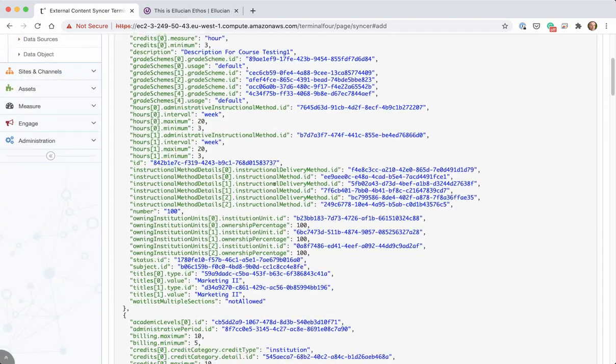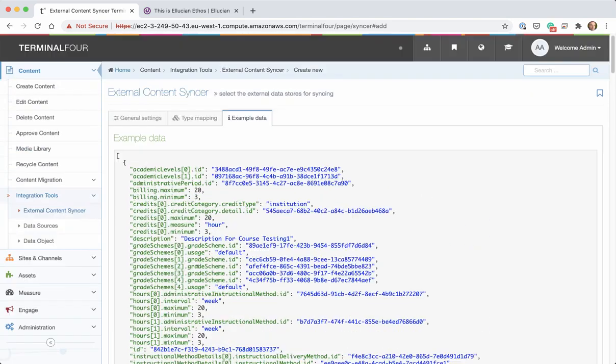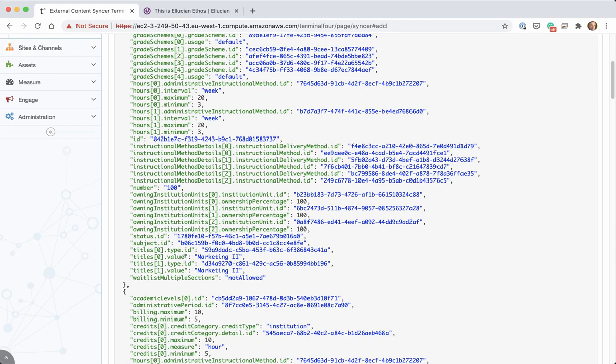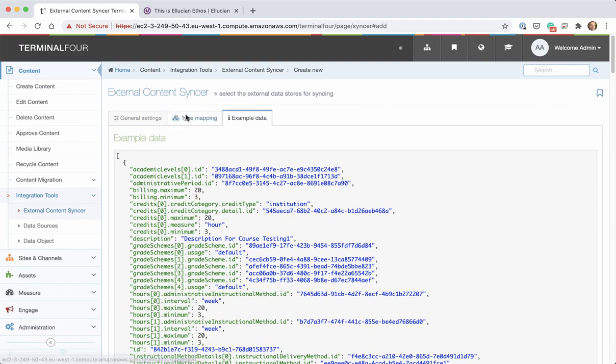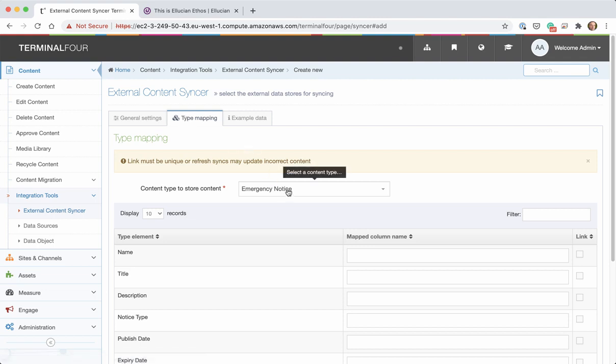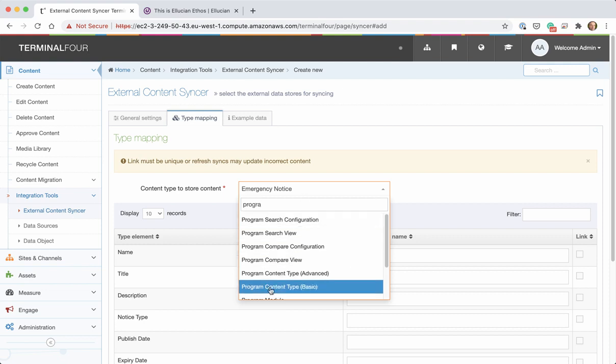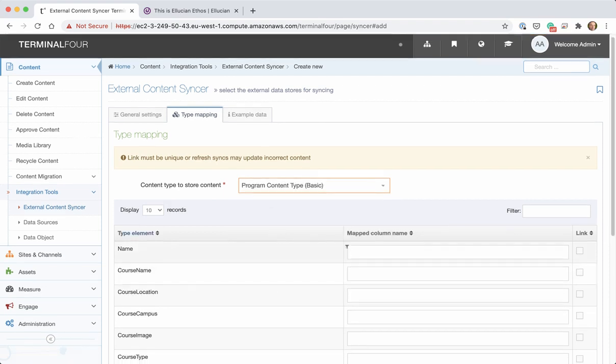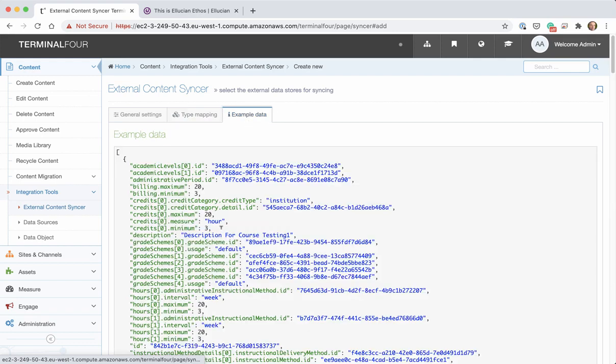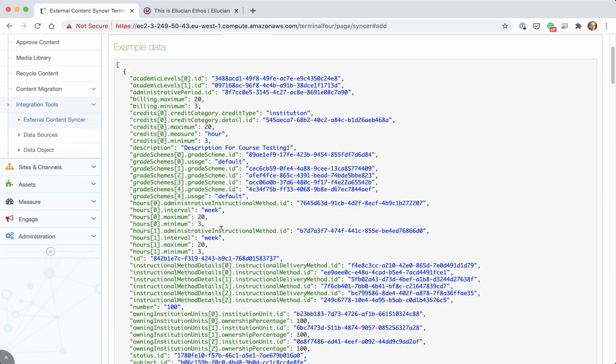This is all of the course data, and what I'm going to do is copy the value, the title of my course. What I want to do next is select the content type that I want to use. I'm going to use this program content type. I'm going to paste that in there. I'm just going to use the same value for the course name. Then I want to say the description,